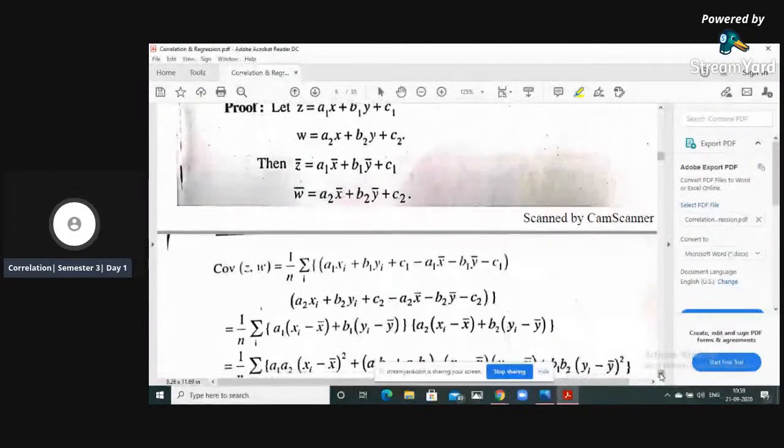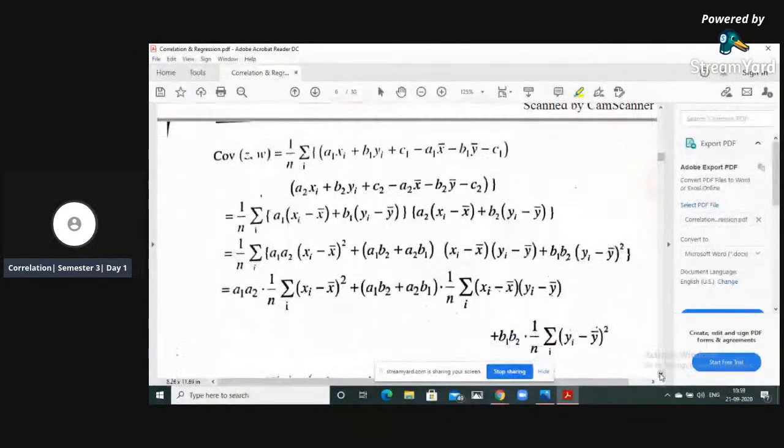You just substitute that form in covariance of ZW, which is 1 by n summation (a1 xi plus b1 yi plus c1 minus its corresponding mean) into (a2 xi plus b2 yi plus c2 minus its corresponding mean). What you get is something like this. You're taking the constants common and you are left with xi minus x bar, yi minus y bar. Then multiply this,